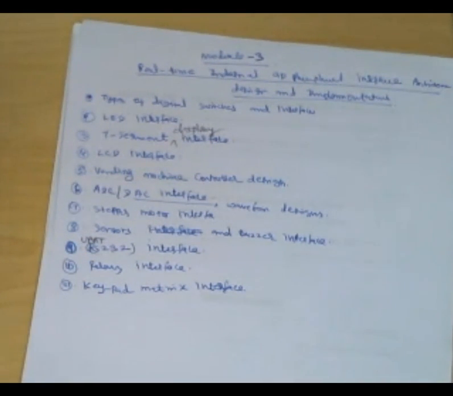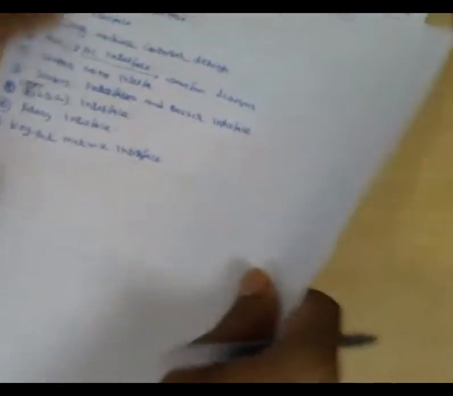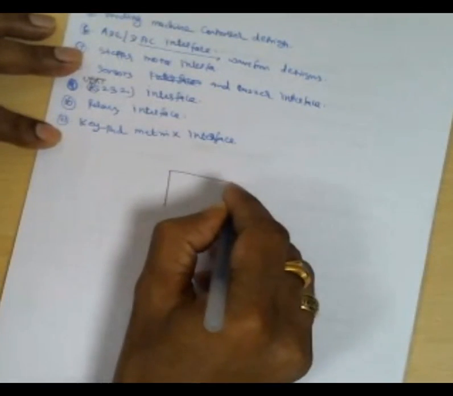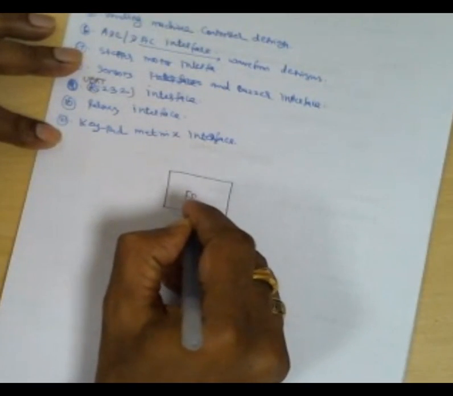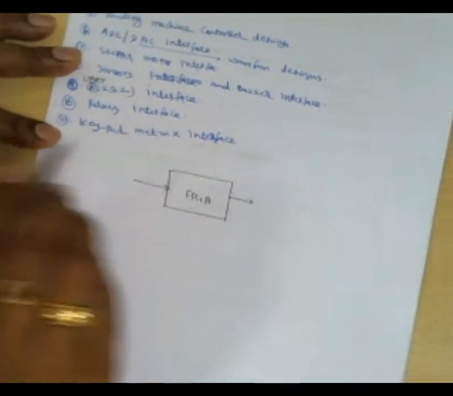So these are mostly the commonly used input, output and display devices in the industry. Now the intention is we need to equip ourselves to fit into the industrial requirements. Industrial requirements means we know very well the FPGA is somewhere here. Right, this is our FPGA. You need to feed the inputs here and you need to collect the outputs here.